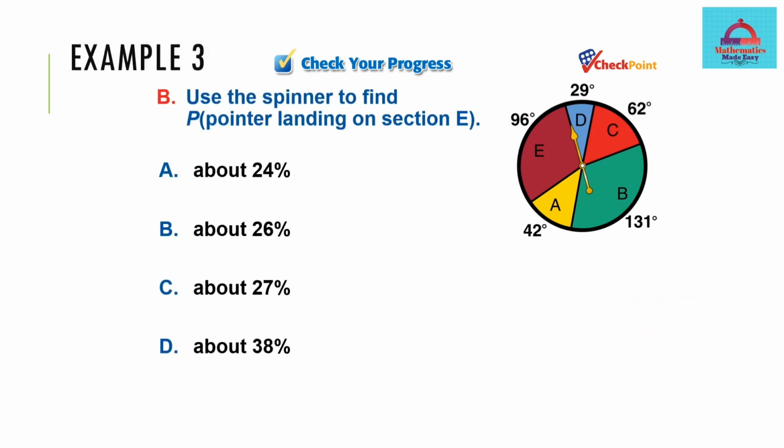Okay, I want you to try one more problem here. Again, it's a spinner problem. The pointer should now land on another section. So just the number is going to change, 96 degrees. This is going to be the angle which is favorable. So your answer would come out to be 96 degrees divided by the complete angle 360 degrees, and you can multiply with 100 to get your answer in percentage. Simplify on your calculator and I'm sure you will get your answer as about 27%. That's the correct answer, C.